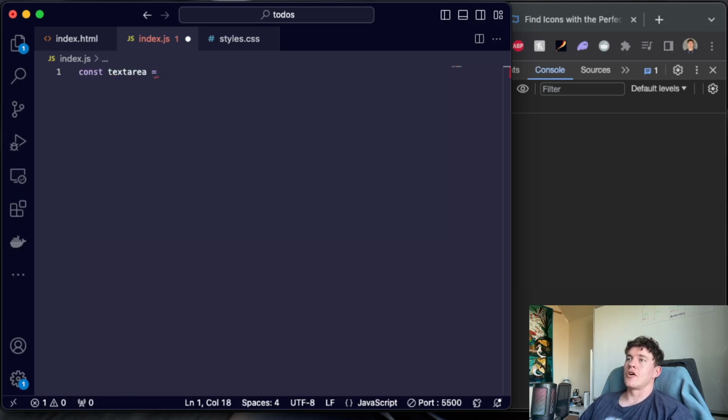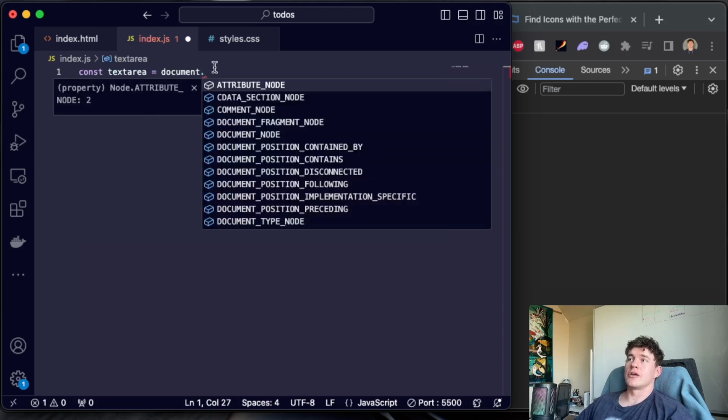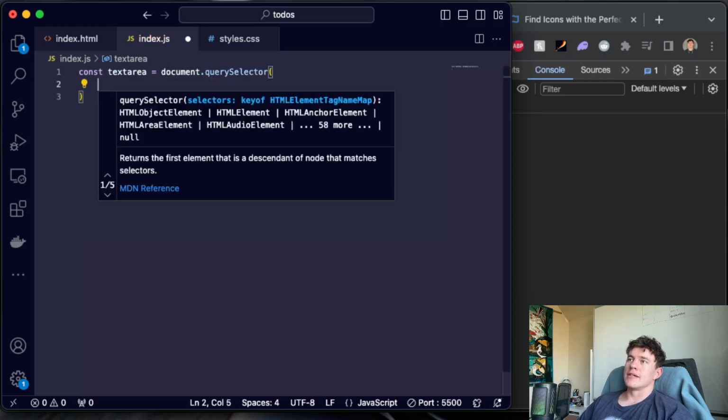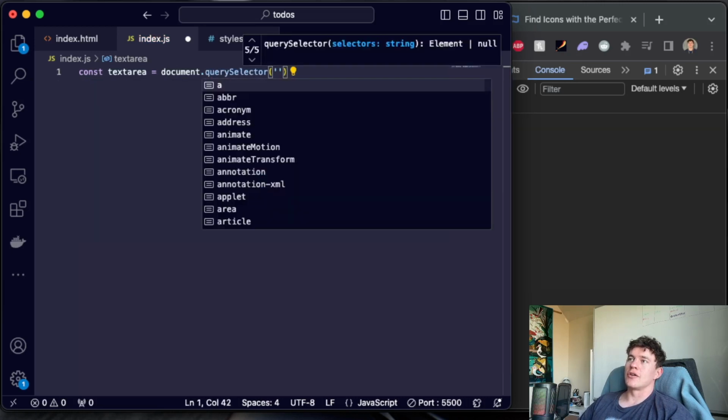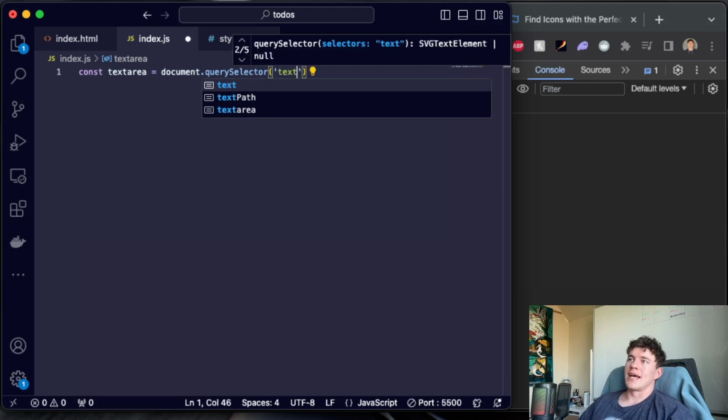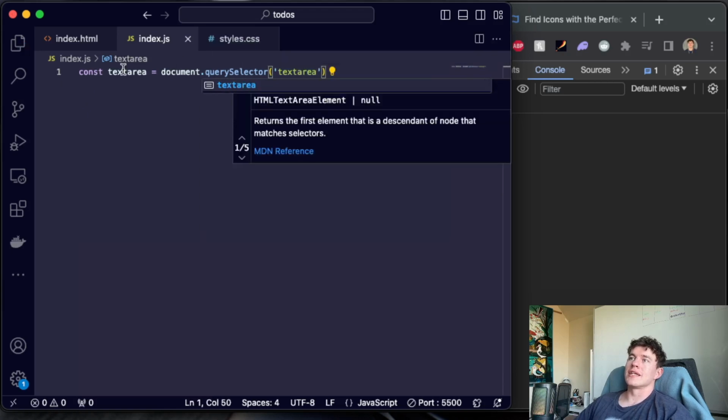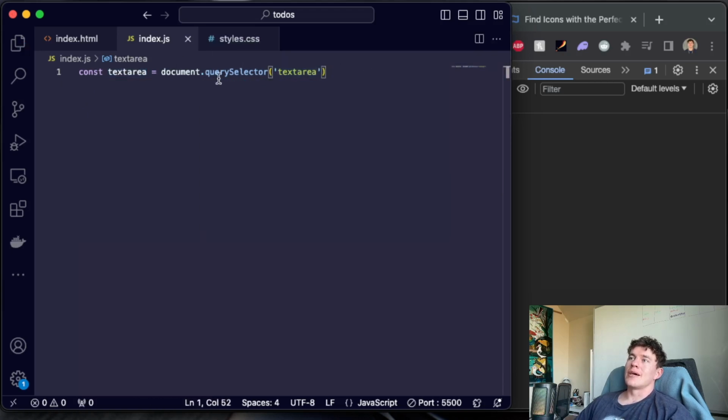We can say const, define a variable and set it equal to document. So we're going to access the document object model, and we're going to say querySelector. So we're going to select based on a query, and that is going to be the text area. Since we only have a singular text area, that will target our text area,